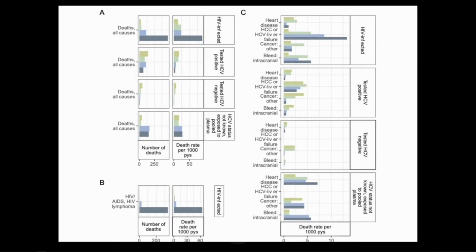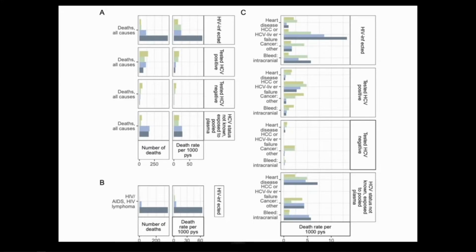Whereas in the bottom bar, those whose HCV status was not known but were exposed to pooled plasma products, they have quite high death rates in the first 2 epochs, and then a bit of a decrease. And that's partly because these people also had fairly severe bleeding disorders, haemophilia A,